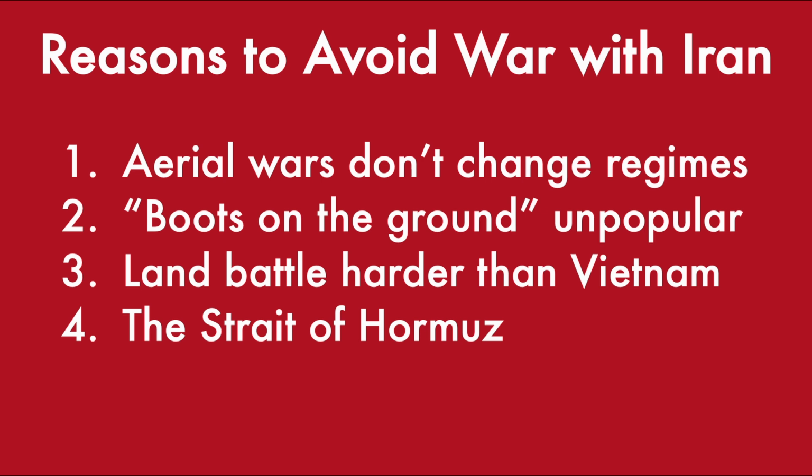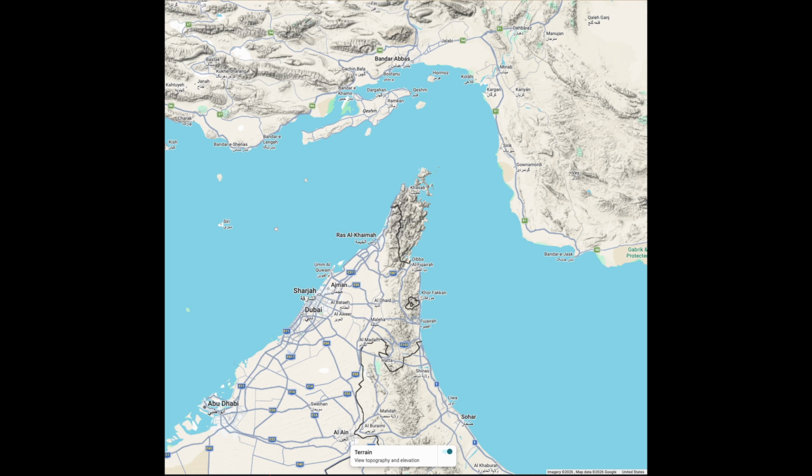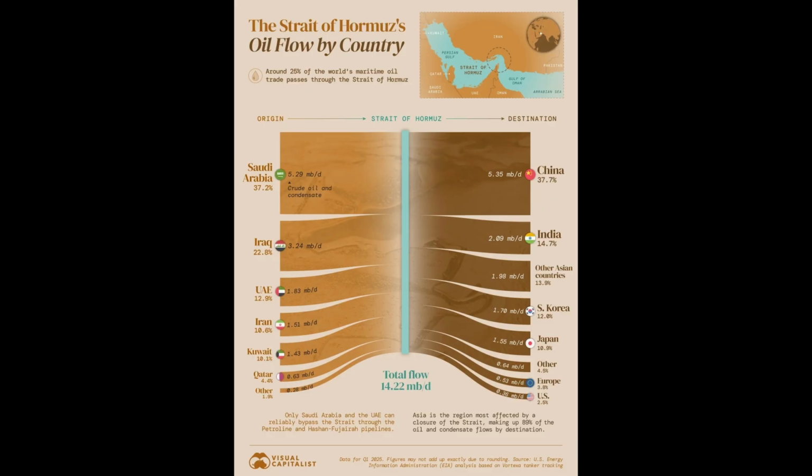For thousands of years, military leaders have understood the importance of geography when fighting battles. And here, Iran reigns supreme. Iran surrounds the Strait of Hormuz on 3 sides, making any ship an easy target if Iran wanted to attack it. And the strait gives Iran control of 20% of the world's oil and natural gas market. It sounds like a bad pun, but the strait is literally Iran's trump card.